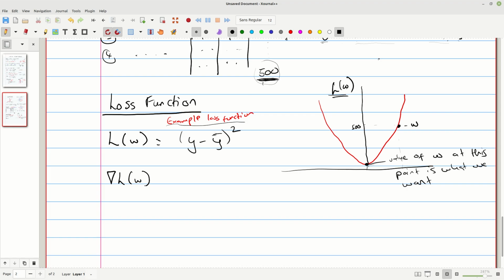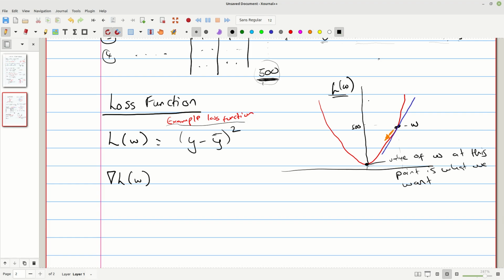What does that mean? It means at this point we have our W. We're going to compute the gradient here, and we can see that the gradient is positive here. And then we update W by taking a step opposite to the gradient.